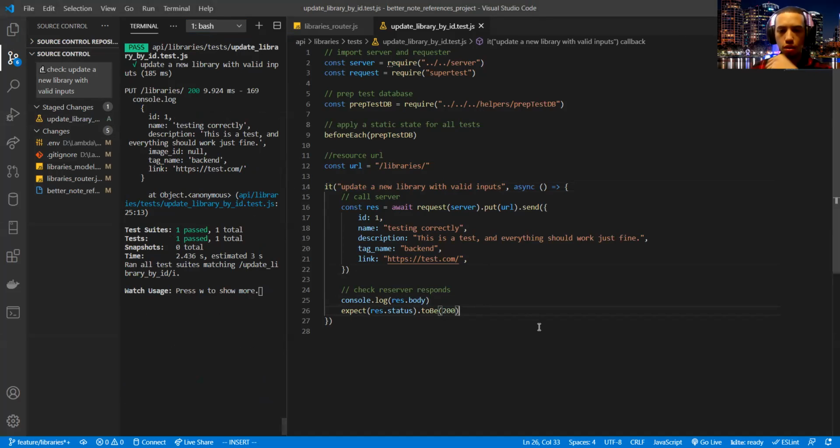Right now, I'm just making new tests for that update resource. For that, yeah. So every time you update one of the libraries, you could go ahead and, if you made a little mistake, you could go ahead and change that.